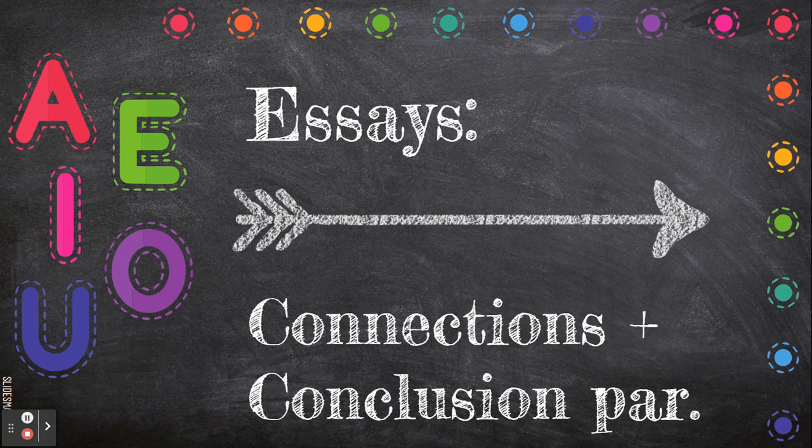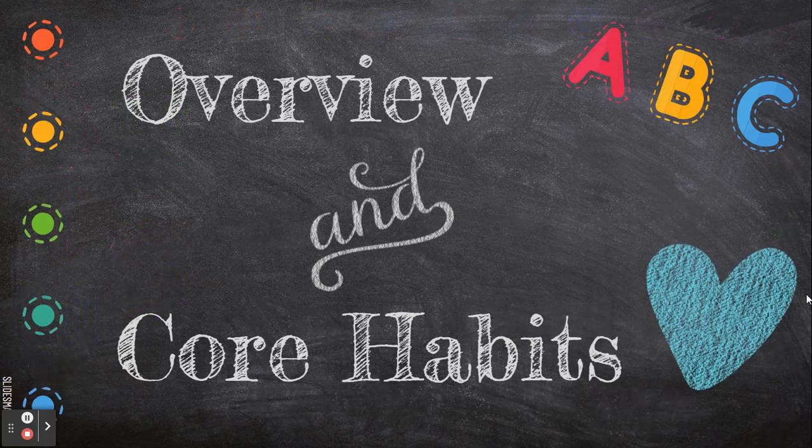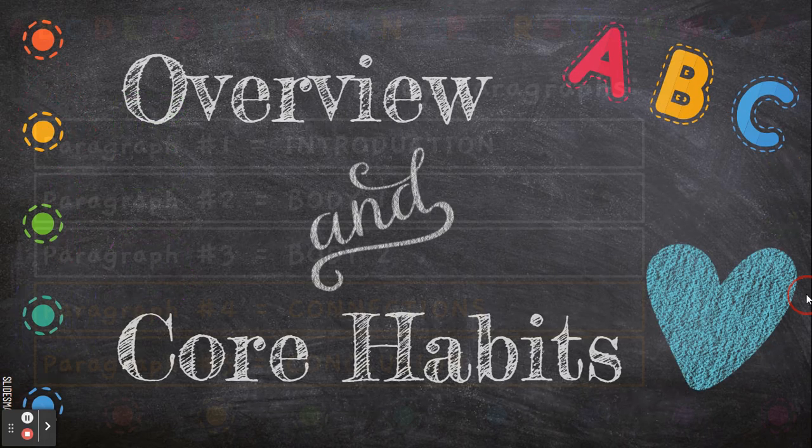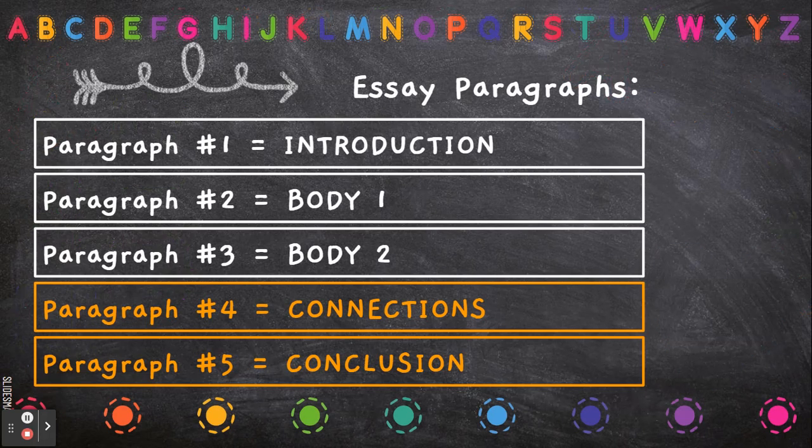We're going to look now at how to write connections and conclusions paragraphs for essays. Here's an overview and some of the core habits. So we've already seen how to do the planning page, introduction, as well as the body paragraphs. The last paragraphs in an essay are the connections paragraph, that's fourth, and then fifth, and finally, is the conclusion